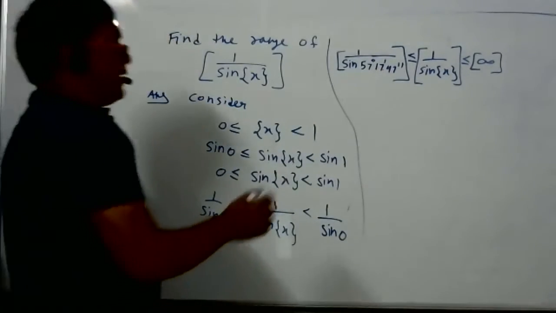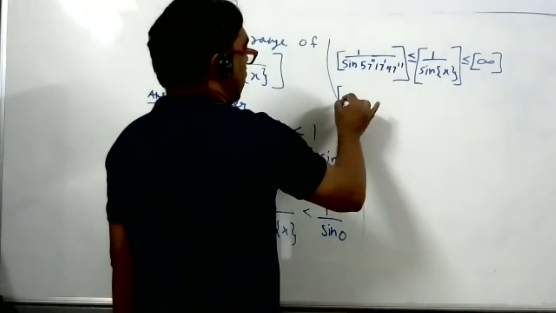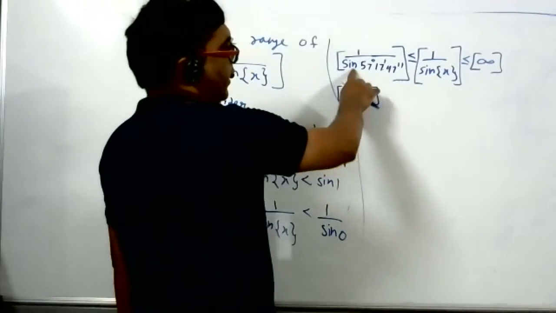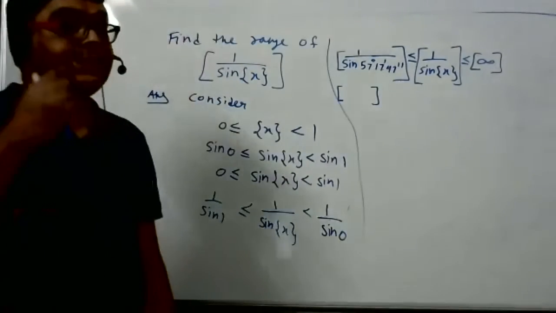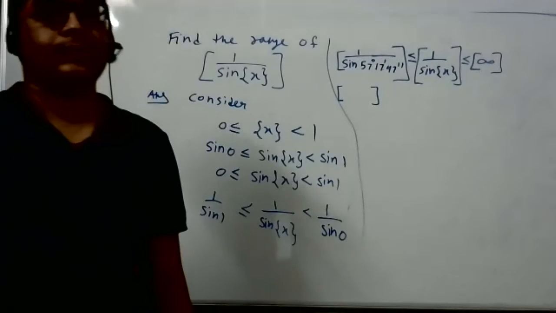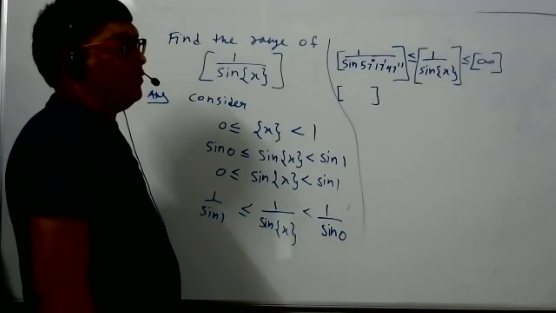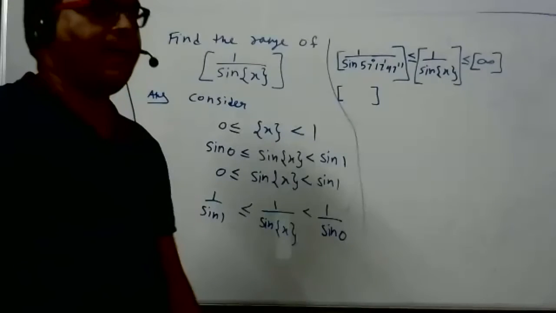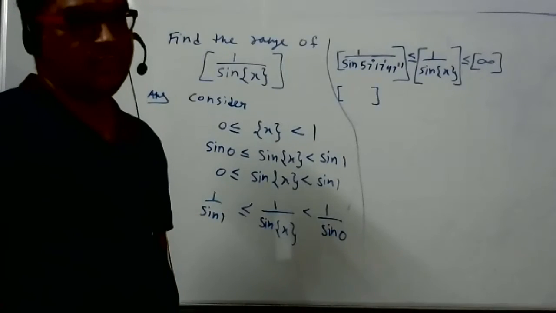Now tell me, student, as this boy is telling, do you know what the greatest integer is? The denominator is almost sine 60. Will sine 60 be less than 1 or more than 1? Sir, 1 by sine 60 is a little above 1, more than 1. We get it as 2 by root 3. Sine 60 is root 3 by 2. Sine 100 is also less than 1 only.